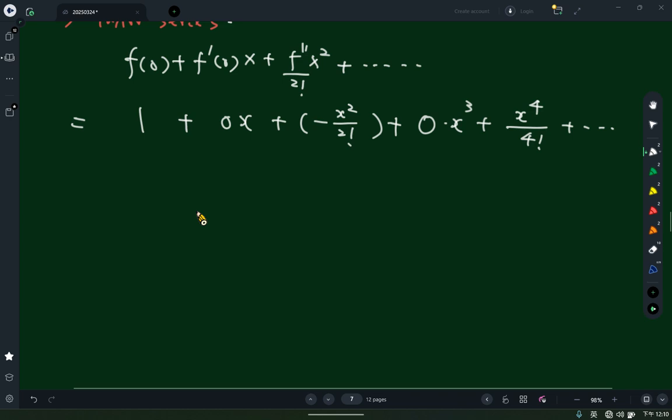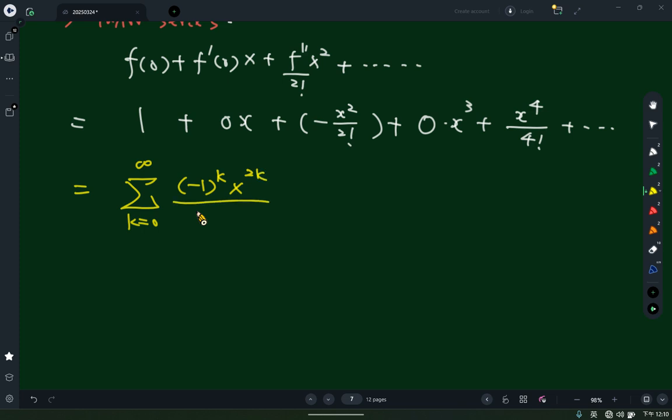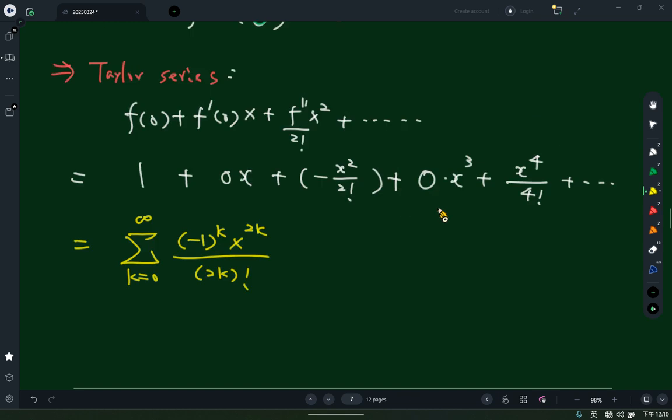So finally, the result will be the sum from k equals 0 to infinity of negative 1 to the power k times x to the power 2k divided by 2k factorial. So we can conclude that